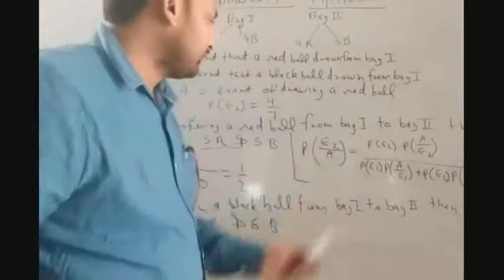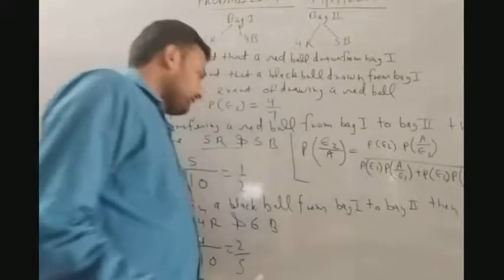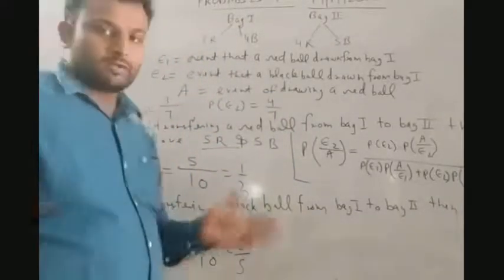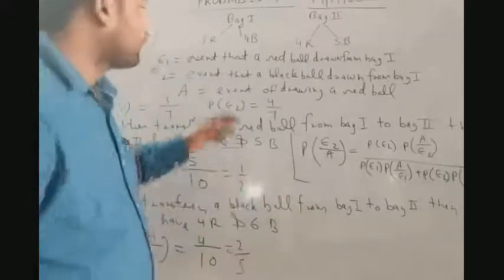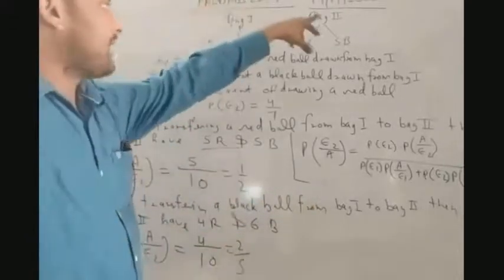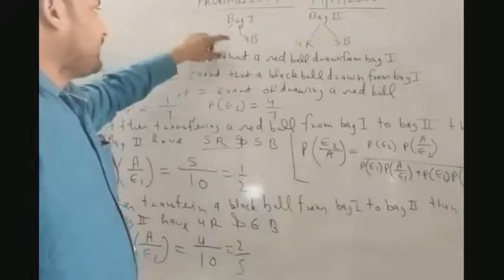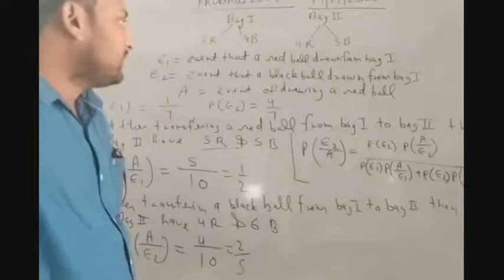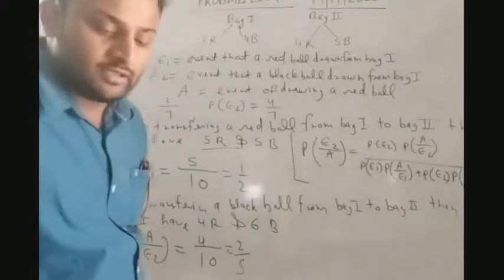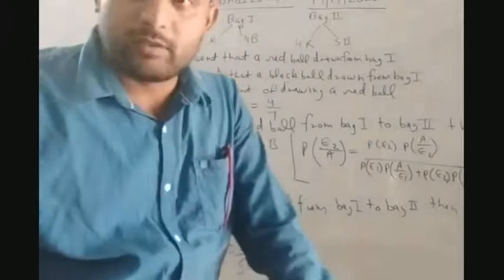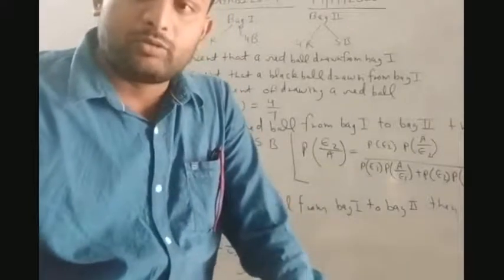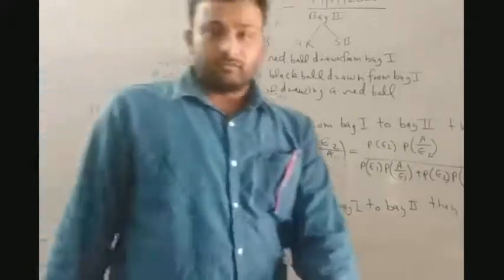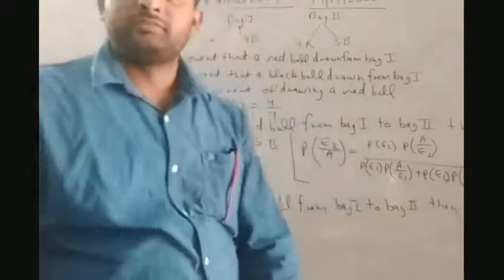Now we will put in the values of all these. Overall, let us see what we have done once. We have 2 bags, bag first and bag second. In bag first there are 3 red and 4 black balls. In bag second there are 4 red and 5 black balls. In the question, a ball is transferred from bag first to bag second and it is found to be red in color. Then find the probability that the transferred ball is black.